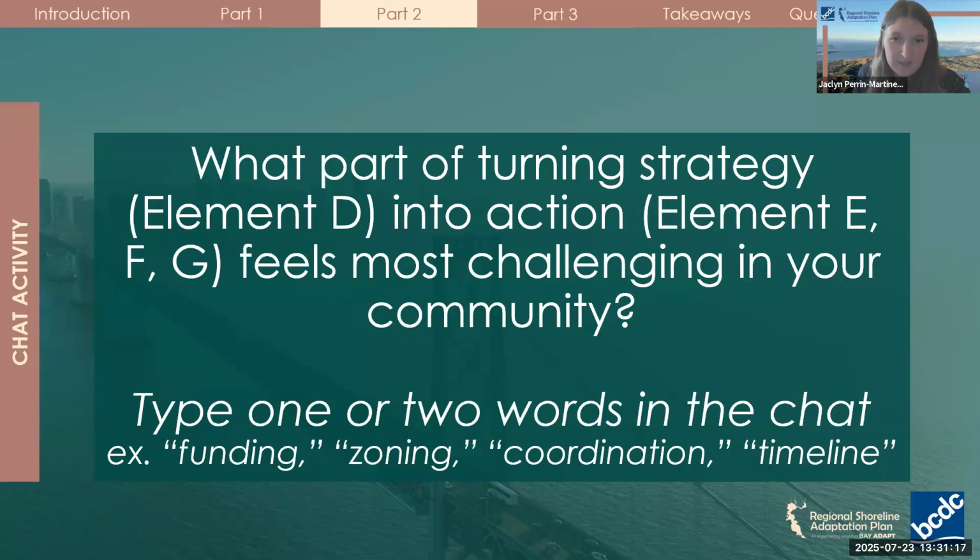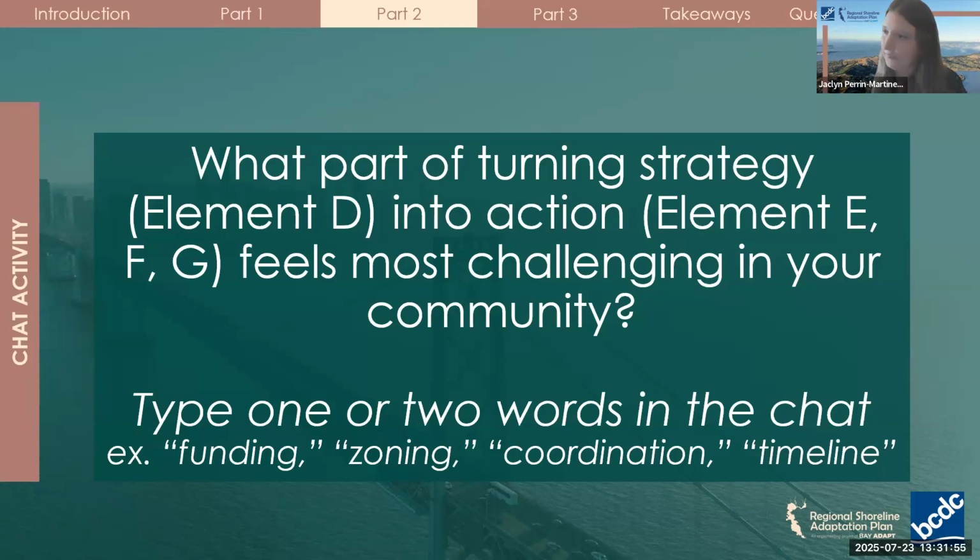So it's clear that turning strategies into action can involve lots of hurdles. We heard very loud and clear, funding is a big one, coordination, equity, big changes. And something we want to make clear is that our aim in the RSAP guidelines is to help local governments address these challenges by integrating them across a standardized process, though we know that it won't solve all issues. So for the things that remain, our program at BCDC and the support we give to local governments, we intend to continue exploring how we can support you in addressing these challenges so that together we can continue advancing adaptation